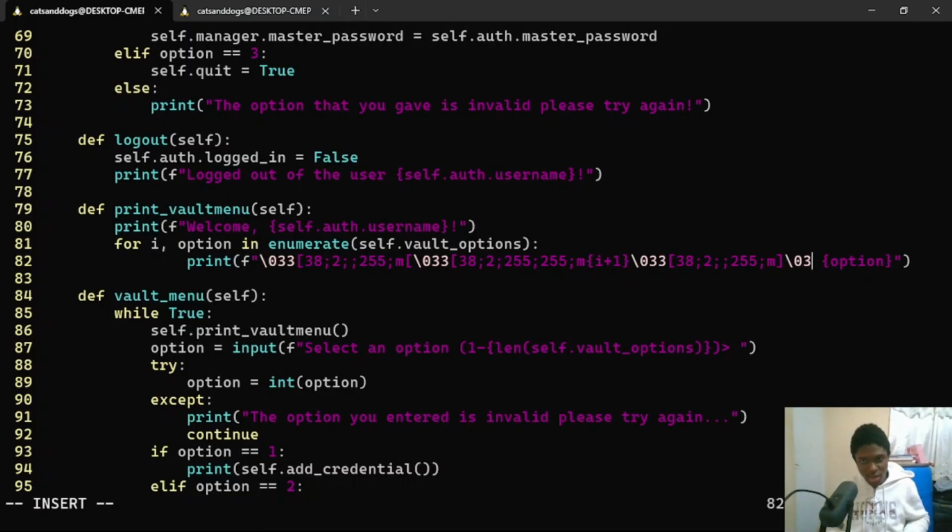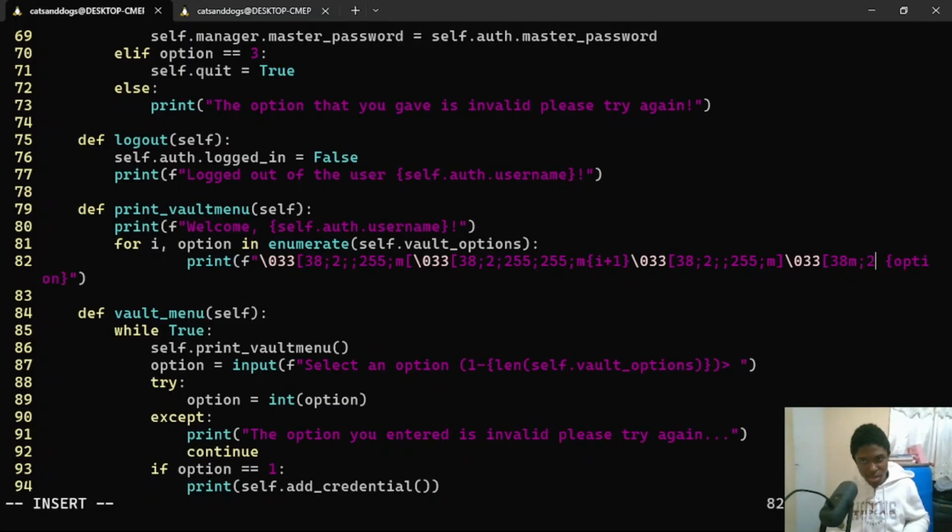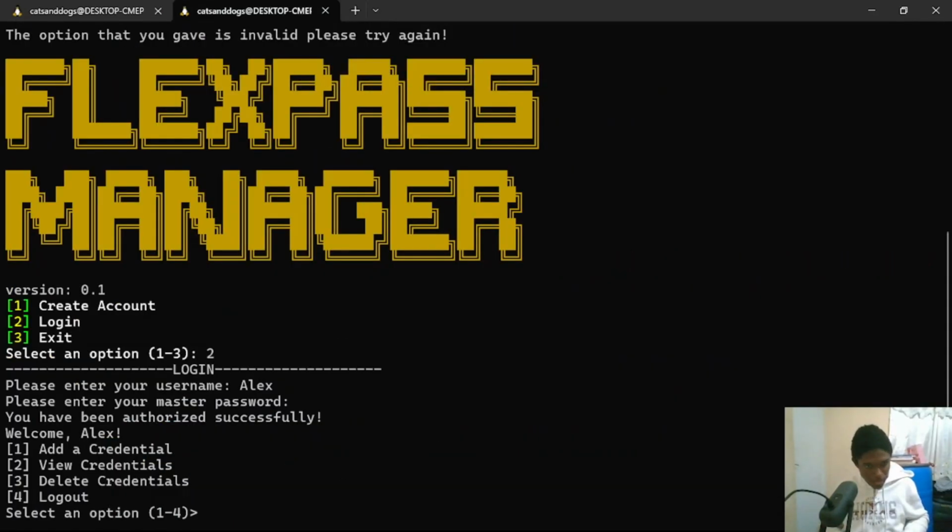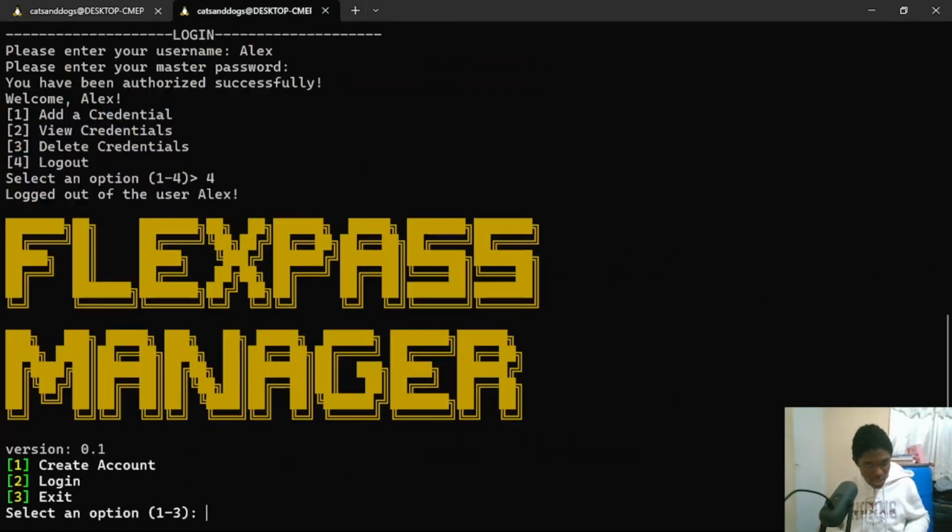So /033 38M 2 semicolon semicolon M, and then we can add 255 255 255, and now we can try to reset this. So it's /033 0M, and we can try to exit,